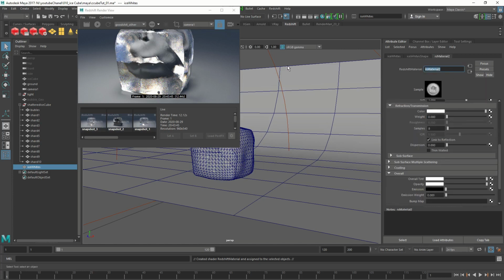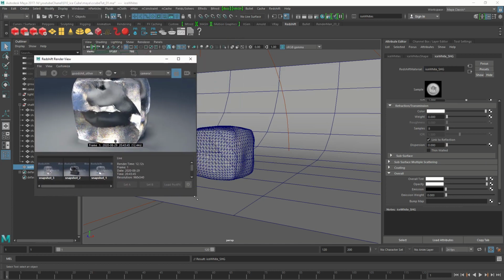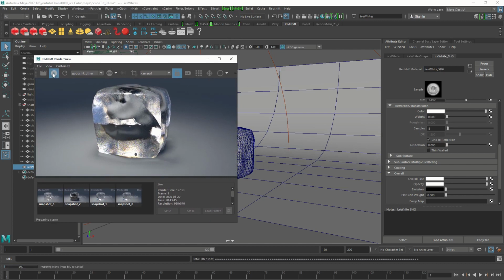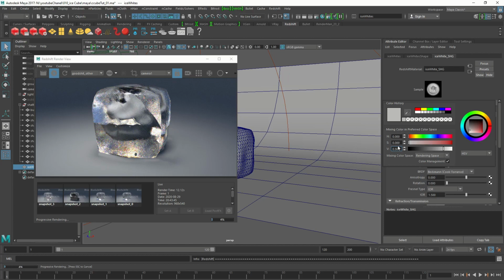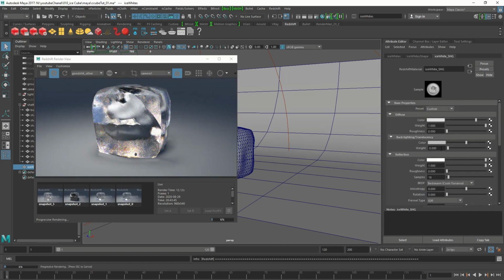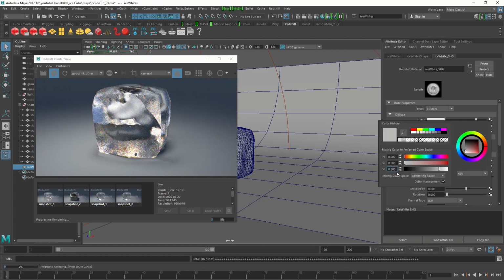We'll name the shader. So this one is just pretty simple. Let's turn on interactive rendering so we can see what's going on. Let's make it 0.75. We're going to increase the translucency to 0.2 and increase the color of that to 0.85 so